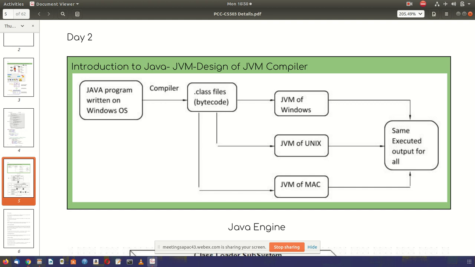So now you see in this block diagram, a Java program written in Windows can be executed the same way in Linux and also Mac. Once you write a Java program in Windows, you can execute it in Windows, Unix, Mac. This is a very old block diagram. Here you can add Android.